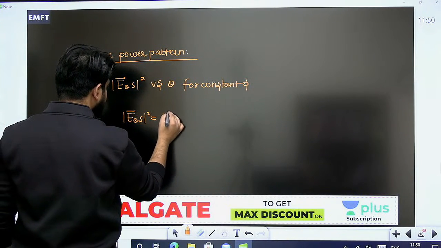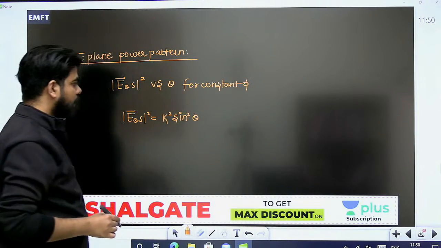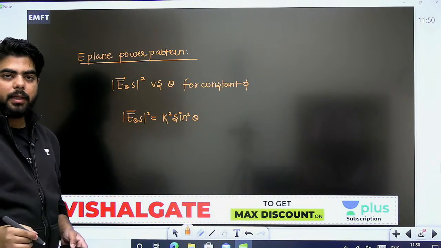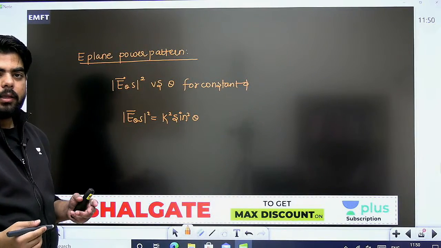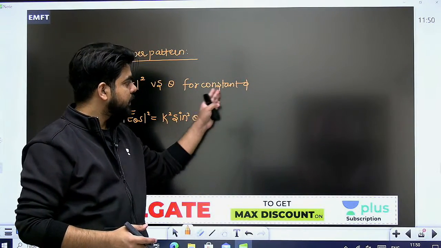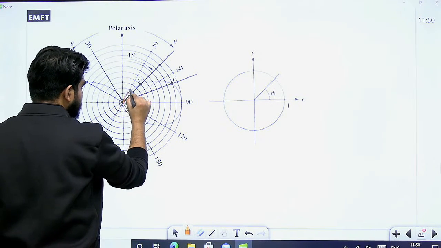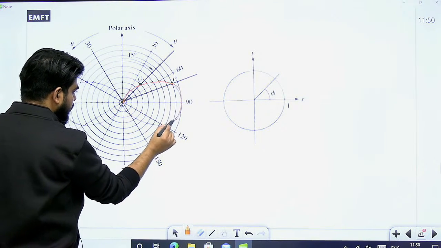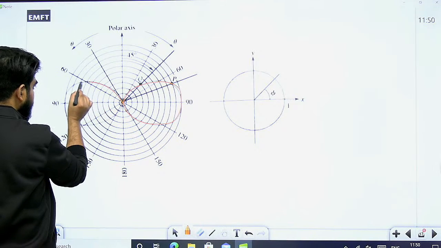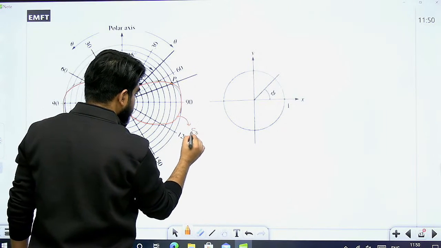So you will be having this value as k square sin square theta। ठीक है, अब आपको k sin theta की जगह पे k square sin square theta बनाना, मतलब you have to put different values of theta and you have to plot them for some constant phi। तो यहाँ पे देखो ये प्लॉट कर रहा है इसको। इस बार जो प्लॉटिंग आएगी ना वो एग्जैक्ट सर्कल जैसी नहीं आएगी, थोड़ी सी बल्ज हो जाएगी ऐसे, क्योंकि अभी साइन स्क्वायर थीटा का प्लॉट है। सो दिस इज द प्लॉट ऑफ साइन स्क्वायर थीटा।